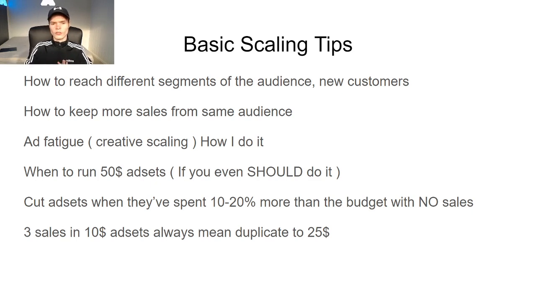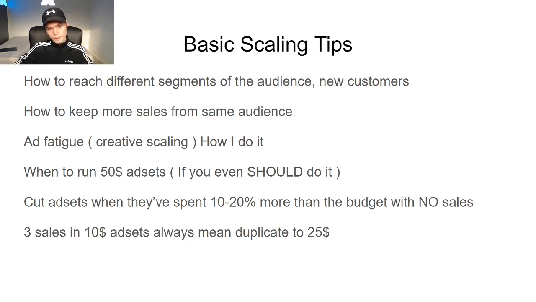So I just say, if you're gonna make a $50 ad set, get a lot of sales before we move into that. Also, when to kill and scale ads. I have a video on that as well. You can check it out. But if you want the short formula on when to kill and scale ads, if an ad spends 10 to 20% more than the daily budget with no sales, I usually cut it. That means if a $10 ad set spends $12, you could cut it. I would probably cut that at 15 though. If a $25 ad set spends $30, you can cut it. A $50 ad set spends 60, you can cut it. You just keep going like that, right?